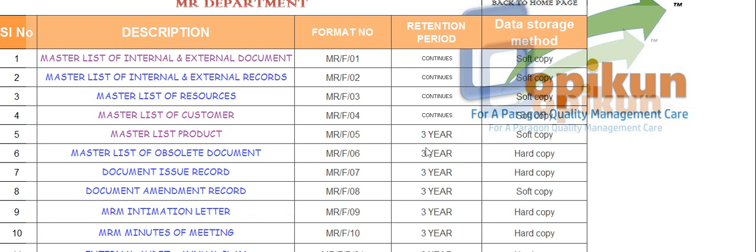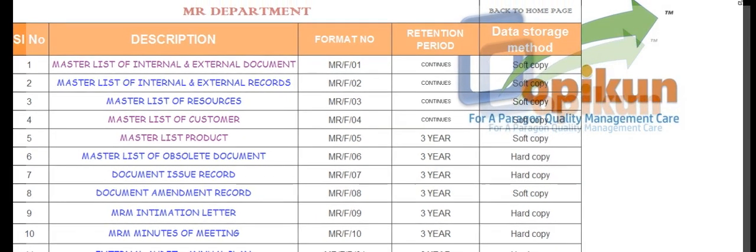Today, in this session, we are going to demonstrate how to handle a few MR documents. Firstly, I am taking up the master list of internal and external documents, the master list of customers, and the master list of product. I have taken these three specific documents